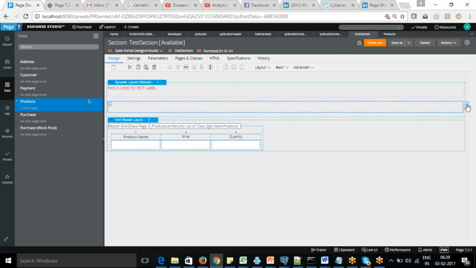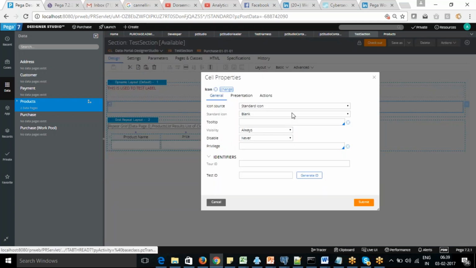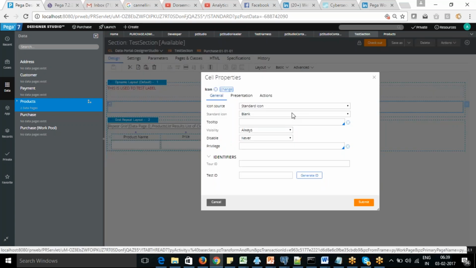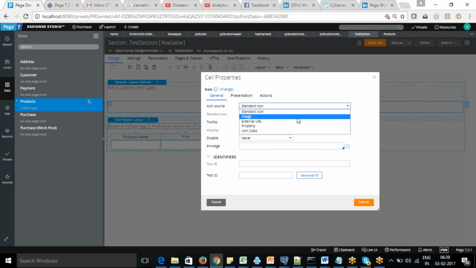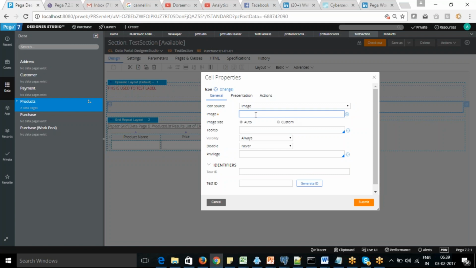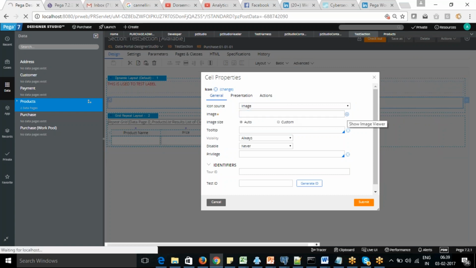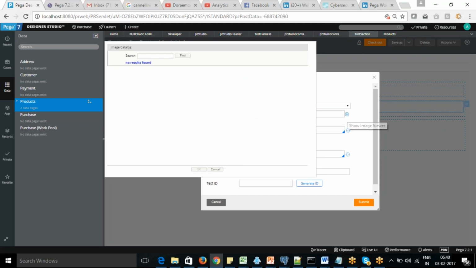Okay, so in the image you can pick from the image library. So in that, what you want to display, I can say standard icon. I want to display an image. So what image do you want to display? I can go to Pega, there is an image library, so we can go with displaying that.